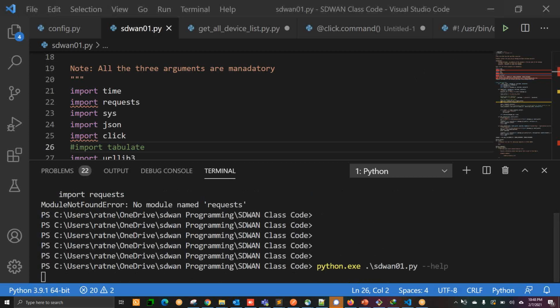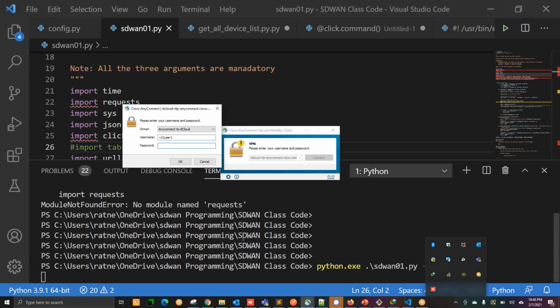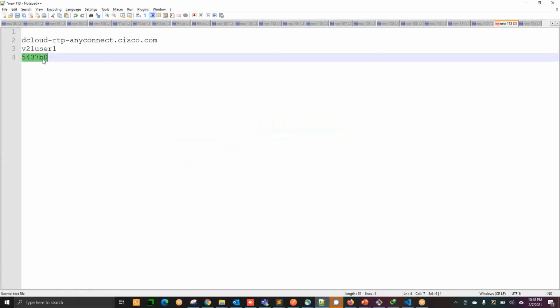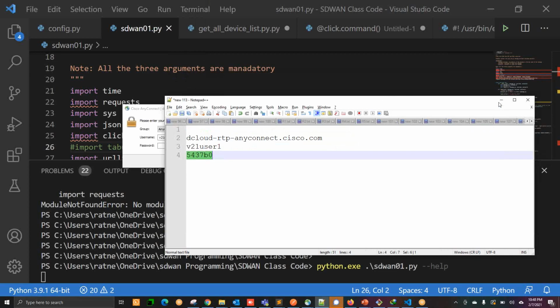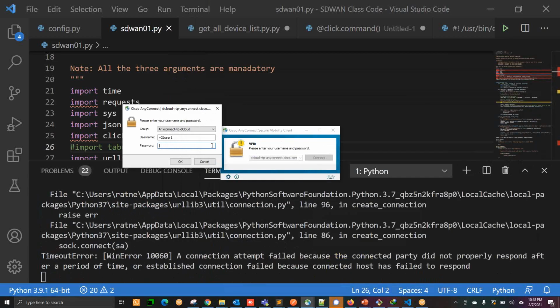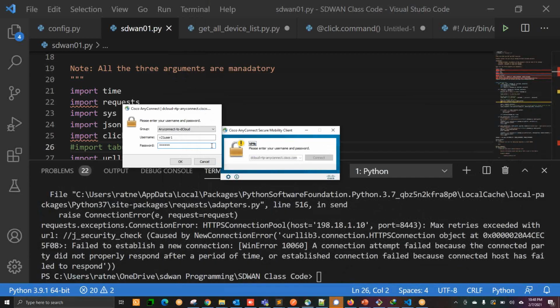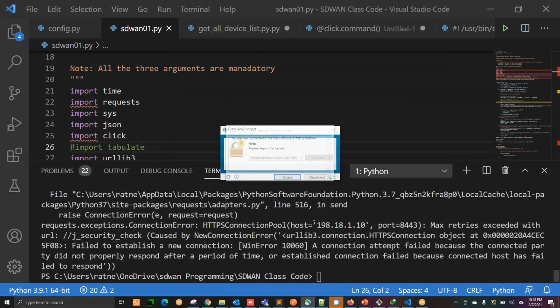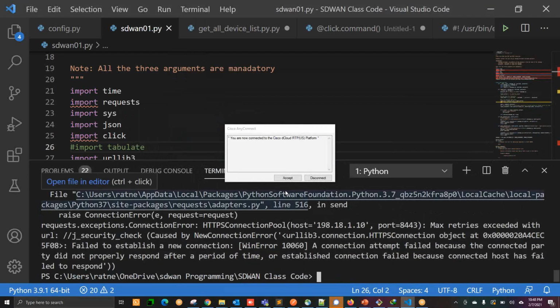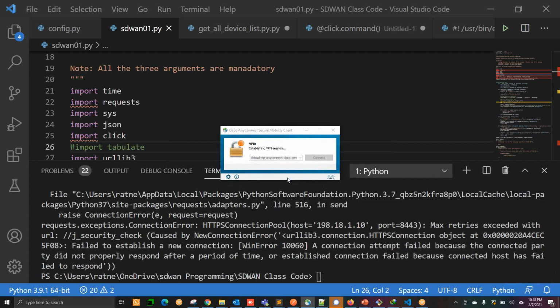Anyways, this will not work because I think I haven't connected my VPN. So let me quickly connect my VPN first. We have the VPN connectivity because we have cloud SD-WAN. So if I do not connect this, you can see the connection error I am getting. I should have connectivity first.